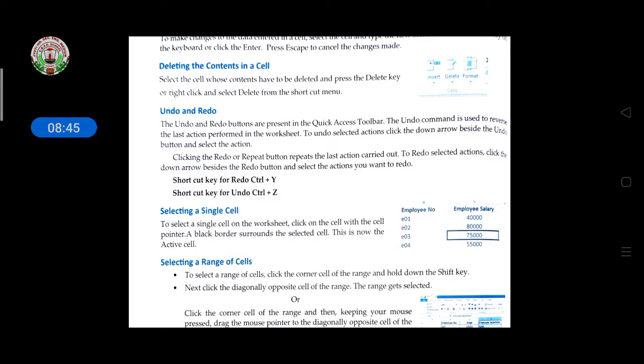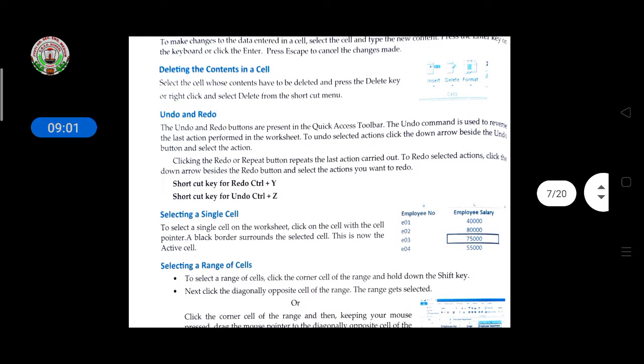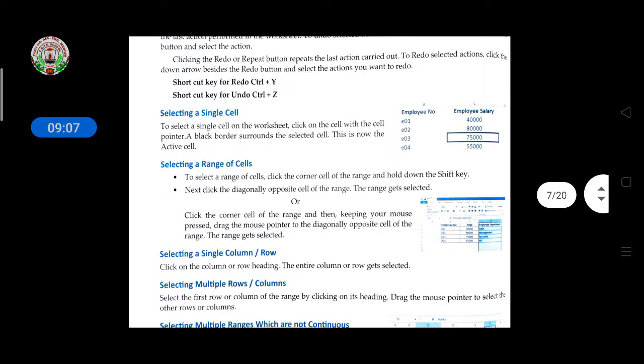Similarly, redo repeats the last action carried out, and it shows the action you want to redo. The shortcut key of redo is Ctrl plus Y. The shortcut key of undo is Ctrl plus Z.